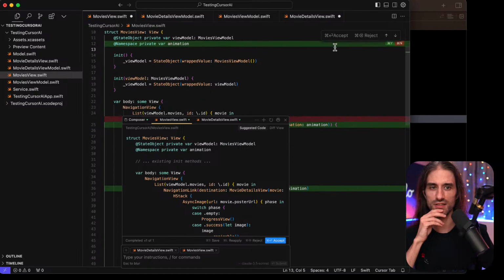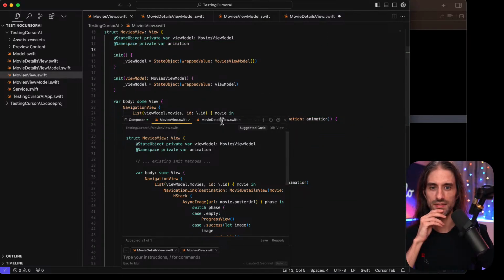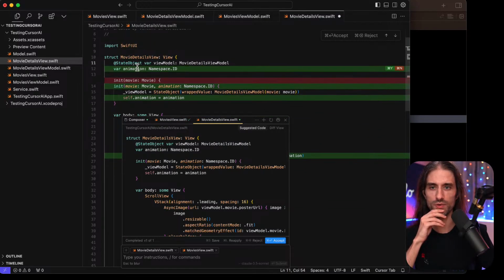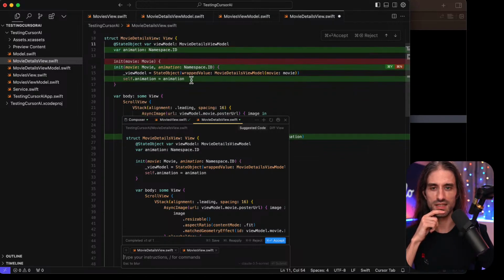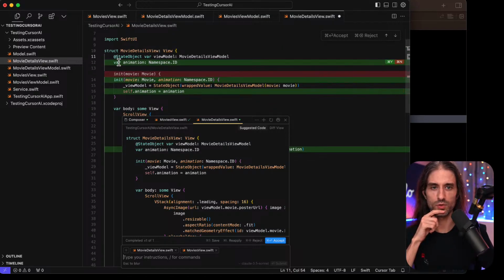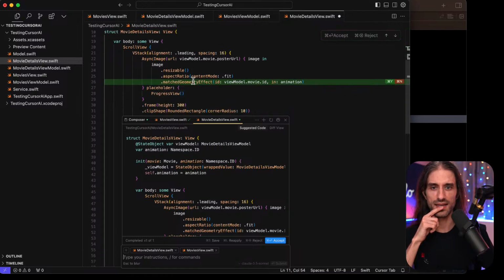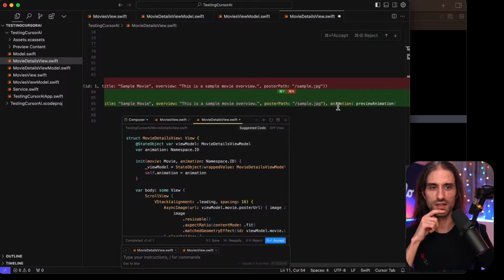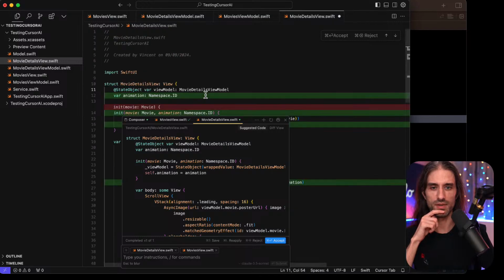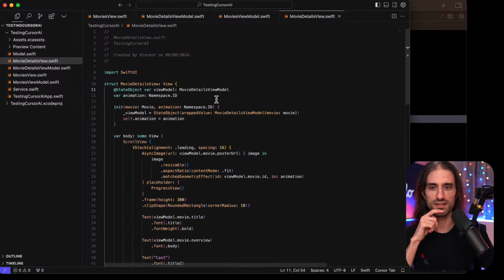So here, these changes, I want to accept them. And then if I go into movie details view, we also have this time, but it's passed as an argument. We get it here in the init. So this one could even be a let, I guess. And then matched geometry effect. All right. And then it just here needs to create the preview animation. All right. I'm going to accept this.